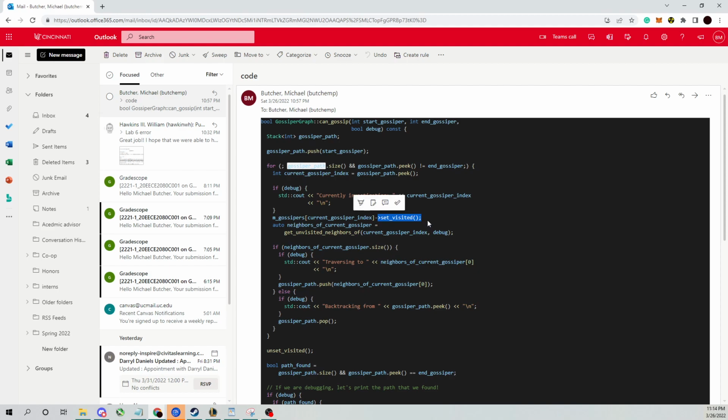Actually, I'll just say right now. Basically, if you were to take a path all the way to the end of it and mark each one of those gossip points as visited, but you didn't get to the end destination, you don't want to take that path ever again because it's already been done and you know you can't get to the end. So that's why every time we jump from one point to another point, we want to set that as visited. That way, when we start backtracking,